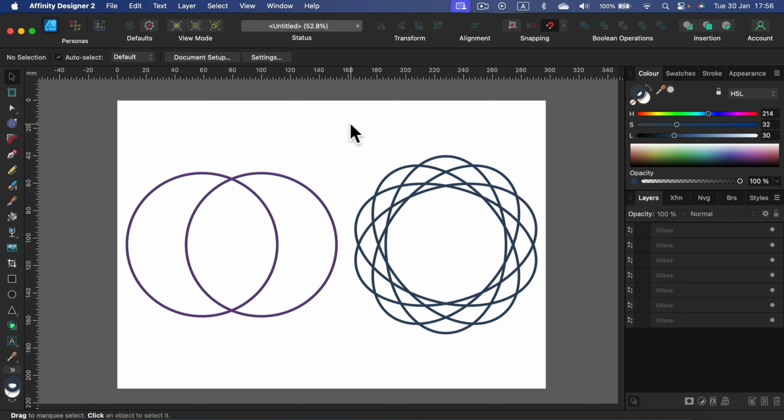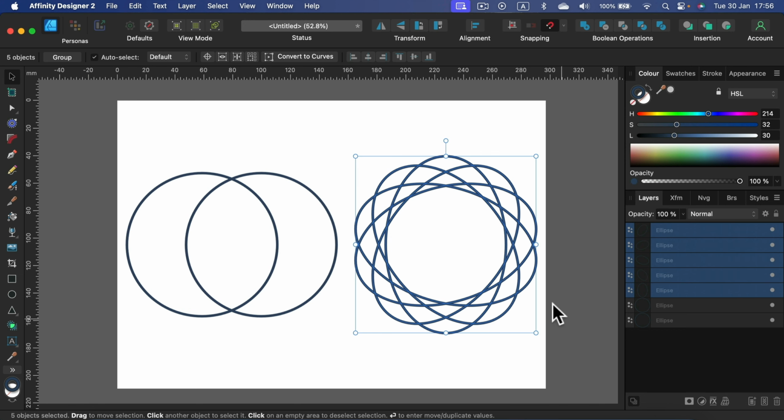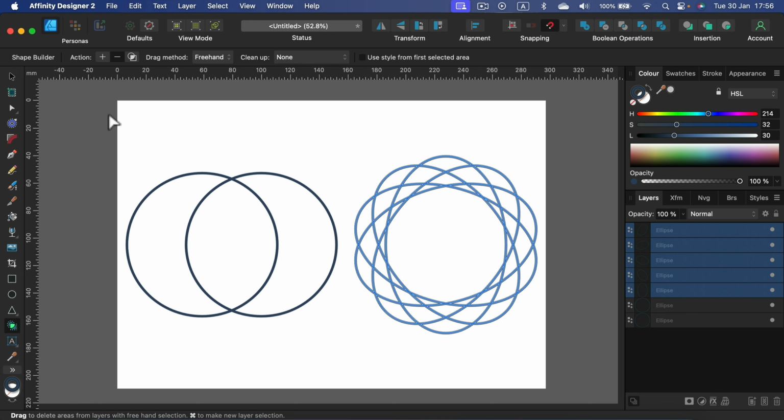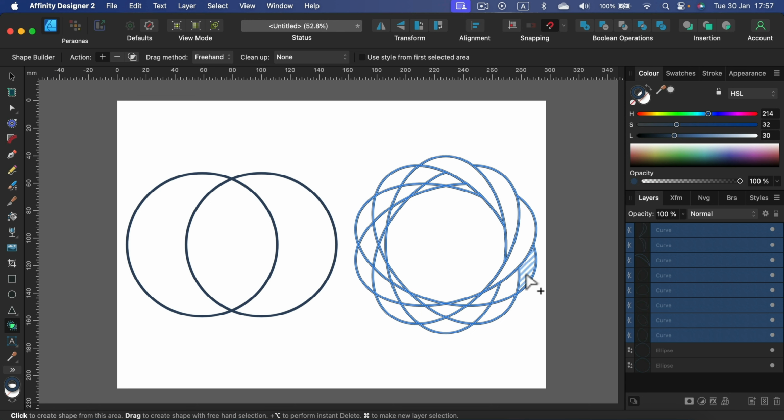It's super helpful while you're designing some complex logos or symbols. Like in this case here. I can select all of that, use Shape Builder tool in the plus mode, and simply unite shapes that I need, like that. Without Shape Builder tool, this will take a really long time to nicely unite those shapes and also remove those